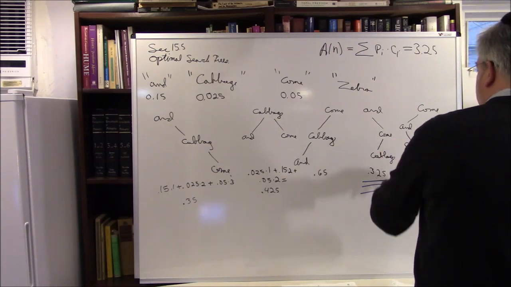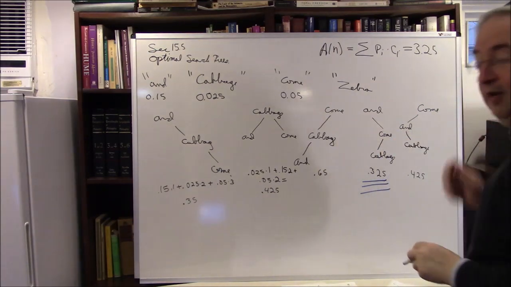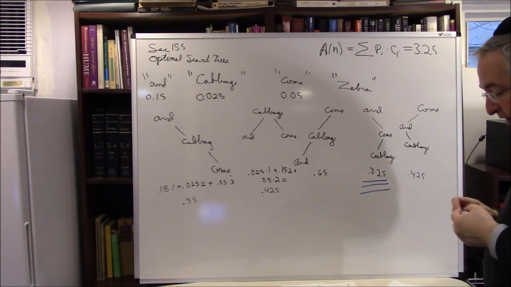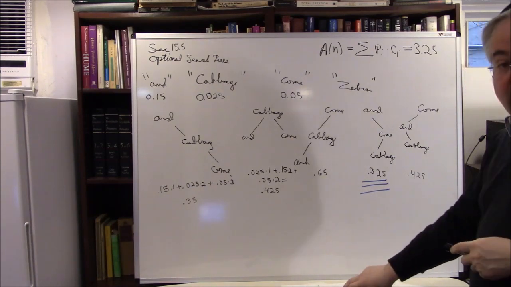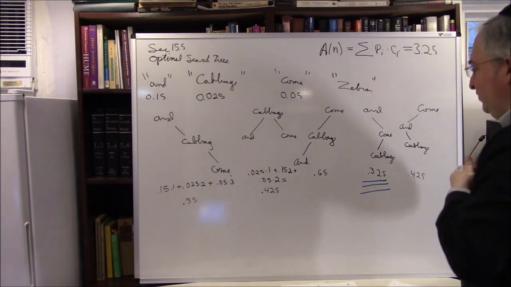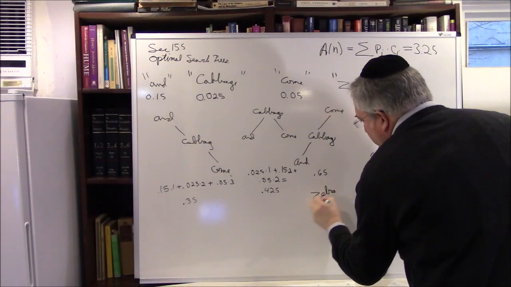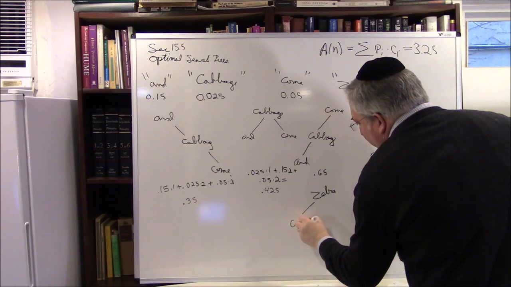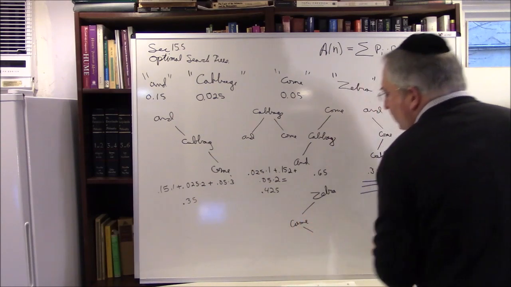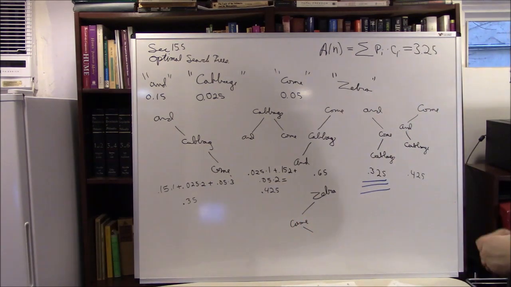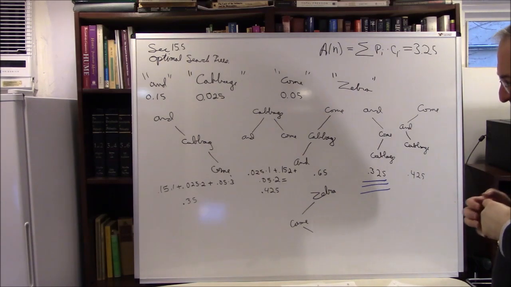Zebra can come over there. Zebra can only come to the right of cum. Okay? But if you do it carefully, you could also have something like this. Zebra. Okay? And here you have cum, and then here you can have the whole thing. Okay? If you do it carefully, you will see,